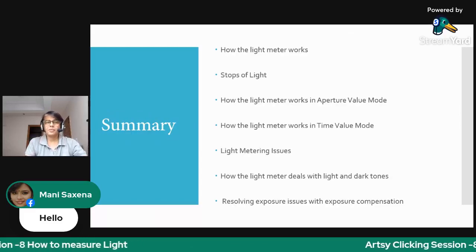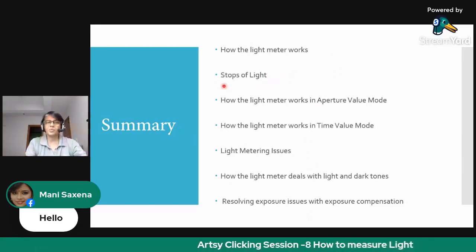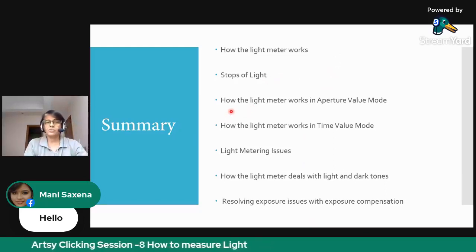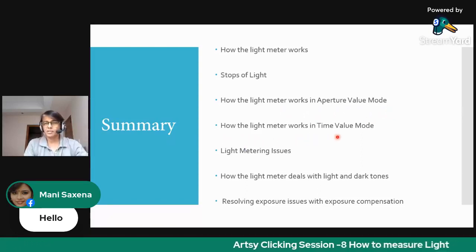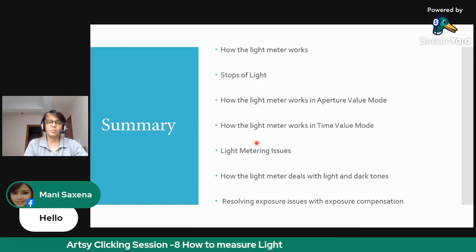So to sum up how the light meter works, we have seen what stops of light mean. We have also seen how the light meter works in aperture value mode. We have seen how the light meter works in time value mode or shutter priority mode.